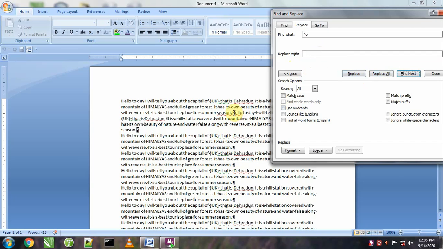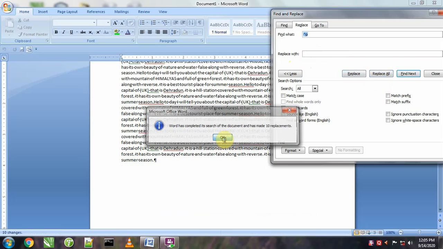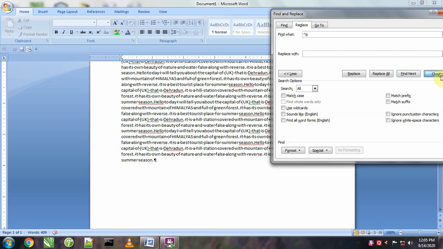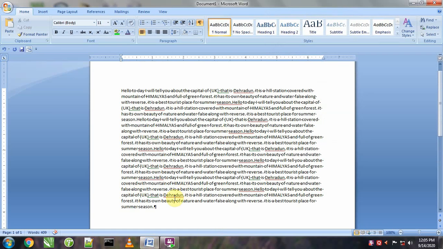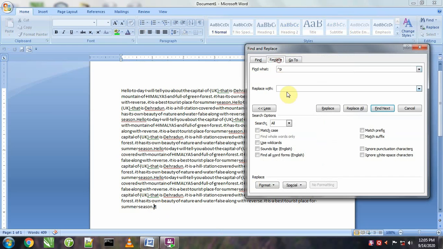We can look here, the paragraph mark has been deleted and replaced by backspace. As soon as I click replace all, all paragraph marks will be deleted and the entire document will be converted to a single paragraph. We can look here, there is a single paragraph mark, meaning this entire document is converted to a single paragraph. So these are the uses of the replace command.